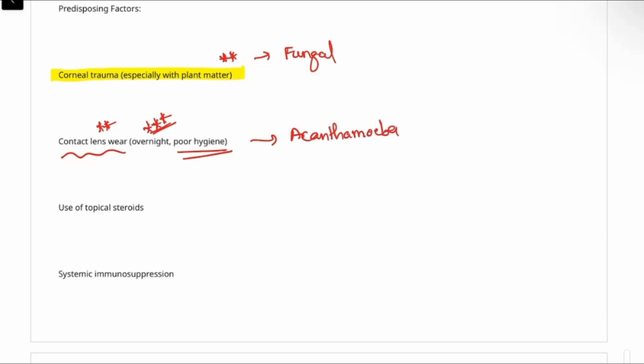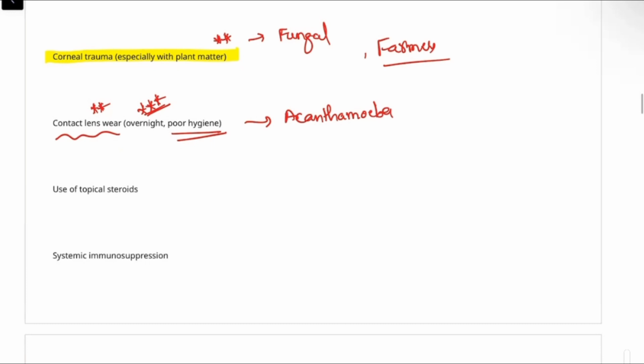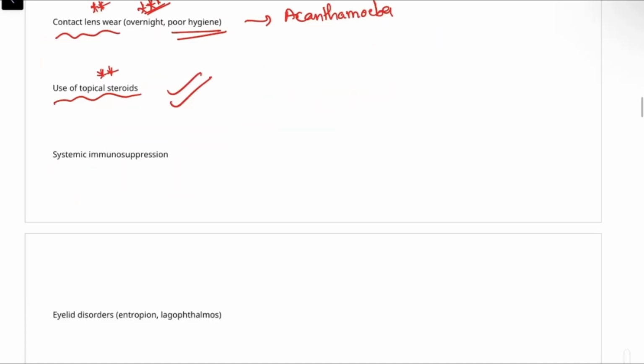So these people are more prone to develop corneal ulcer, like farmers or those who work in fields, and contact lens users. Other than that, those who use topical steroids. For example, we will give corticosteroids for so many conditions of the eye, to control inflammation, it may be conjunctivitis or keratitis, we give it for something. If they don't use it judiciously or they use it for a prolonged time, then it will lead to development of corneal ulcer. Other than that, if the patient is having immunosuppression because of some condition like HIV or diabetes,